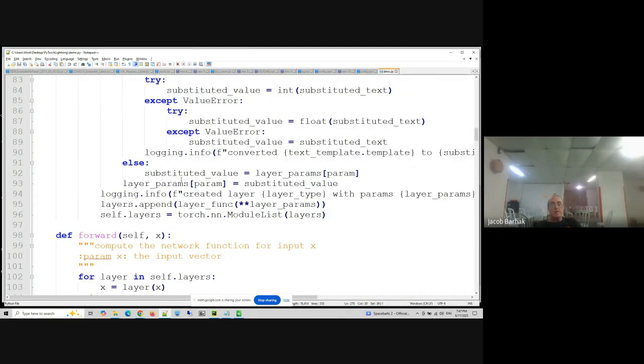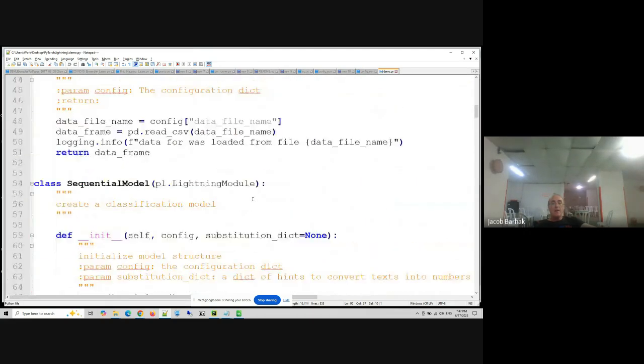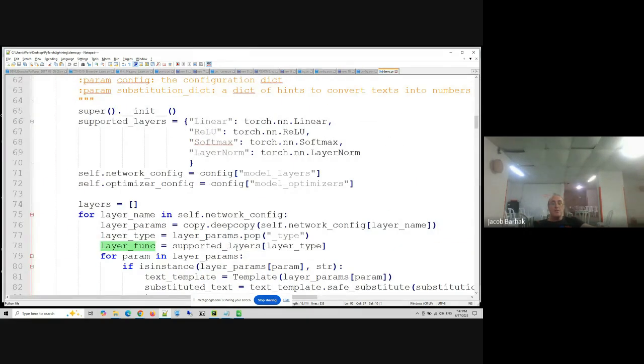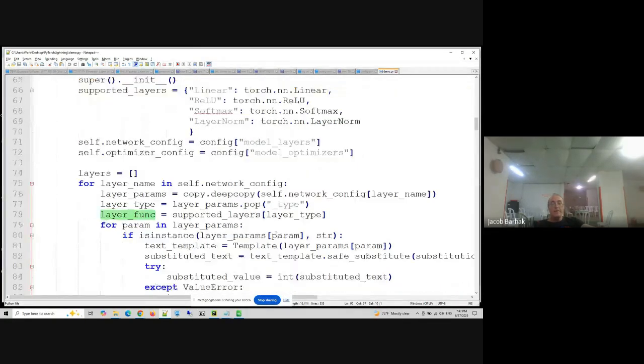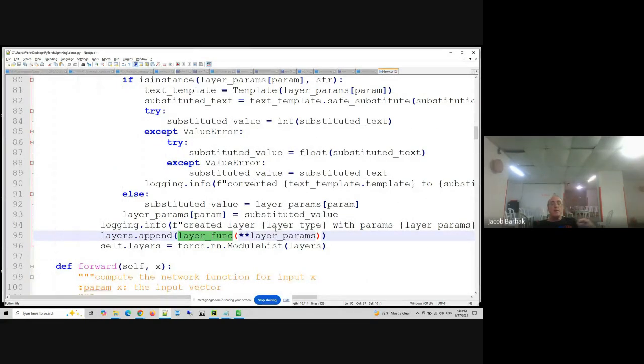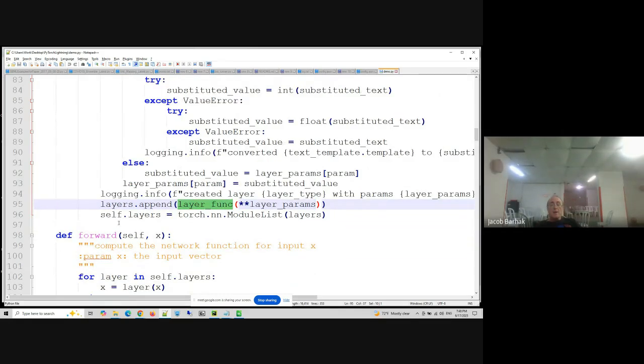It passes everything, and then eventually it creates the correct layer, according to the layer function, which is one of the supported layers according to the layer type that we define. And then we use the layer parameters we have already replaced with the correct numbers.